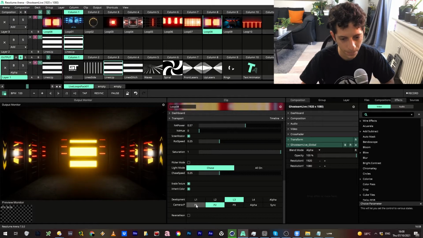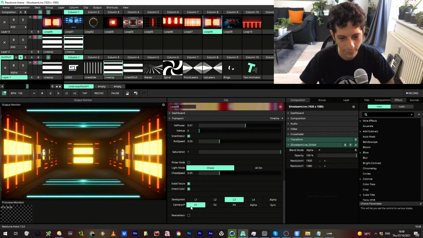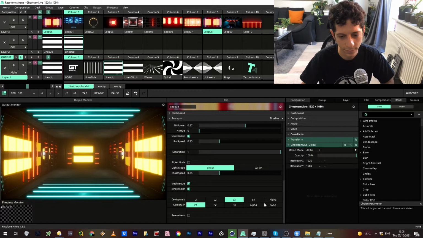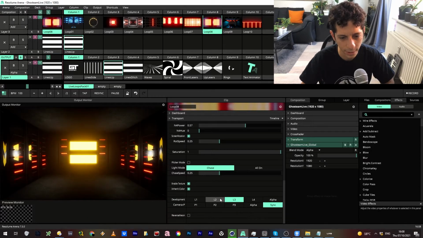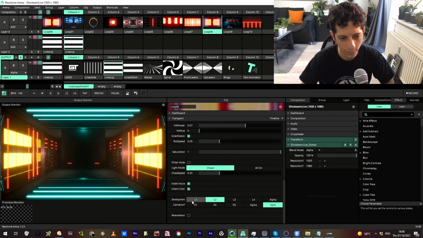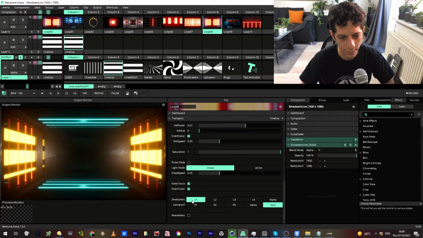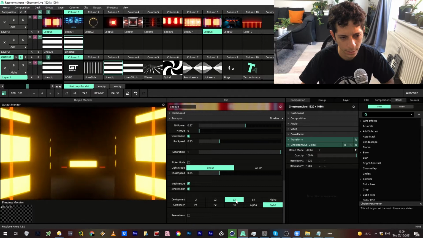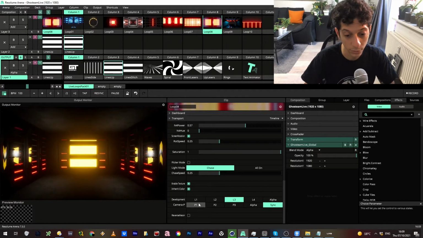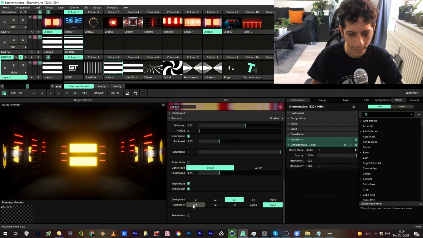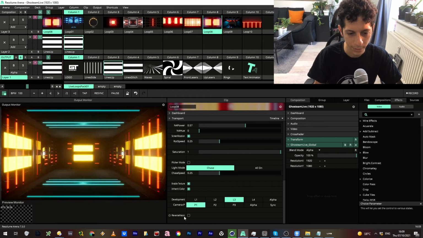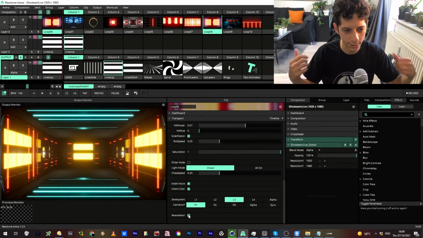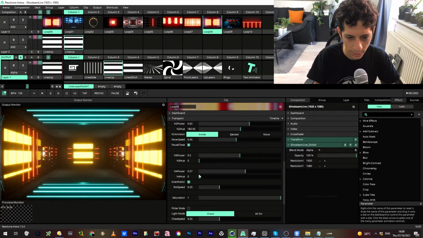What you can also do is basically have the camera being synced to the development. So if you click sync, it's basically going to move the camera to the relevant position. If I'm in level 1, it's going to be in level 1. If I'm in level 3, it's going to move to level 3. So it's up to you if you want to have it manually or synced. Completely up to you. And reverse neon is just going to reverse the directions the neons are flowing,